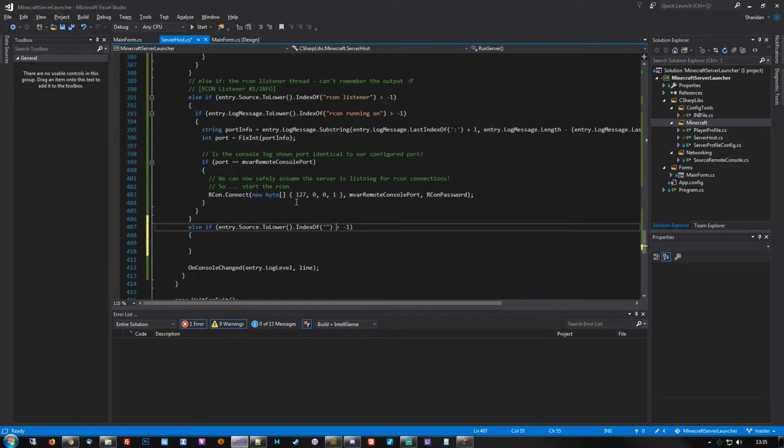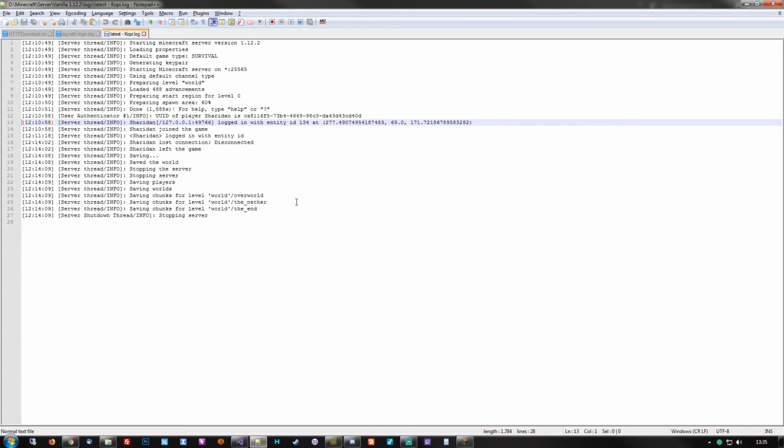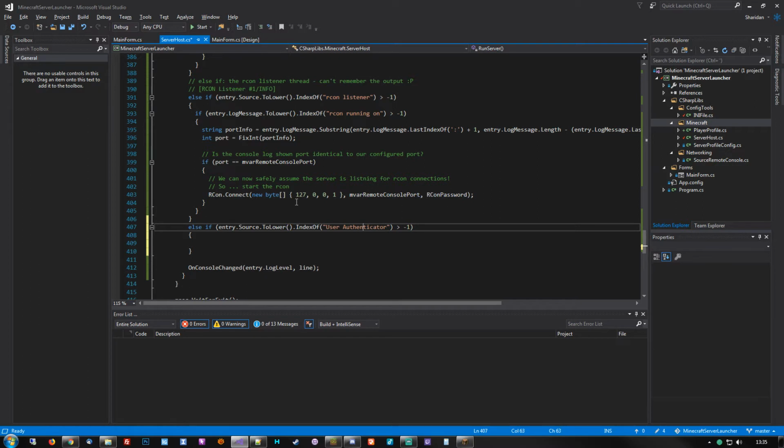There we go. I'll grab the text just to avoid my derpy typoing today, and then just do a lowercase of it. So user authenticator. There we go. If this pops up, then we know